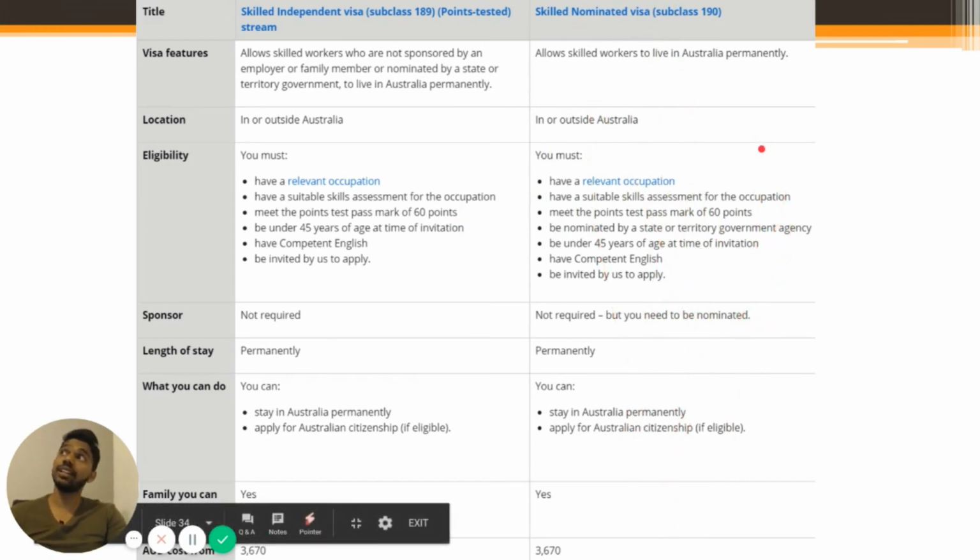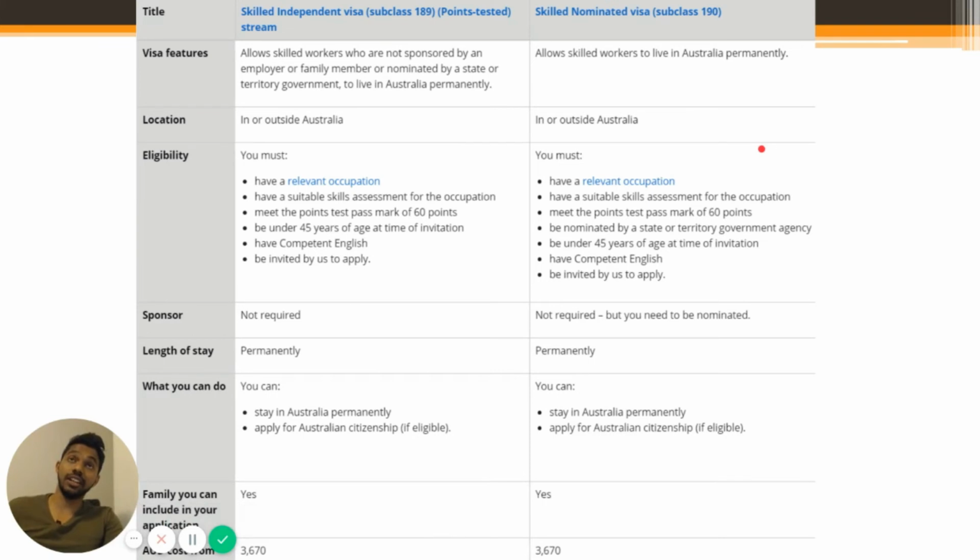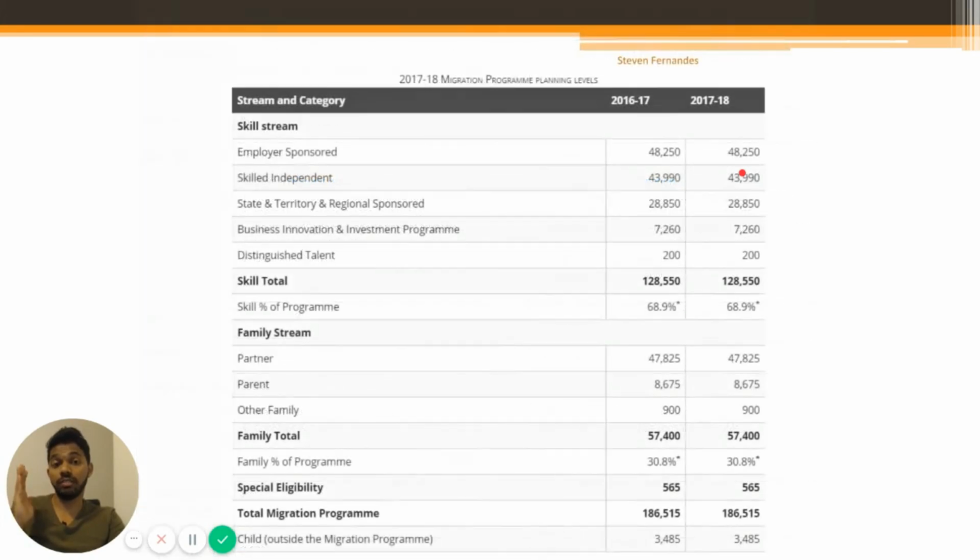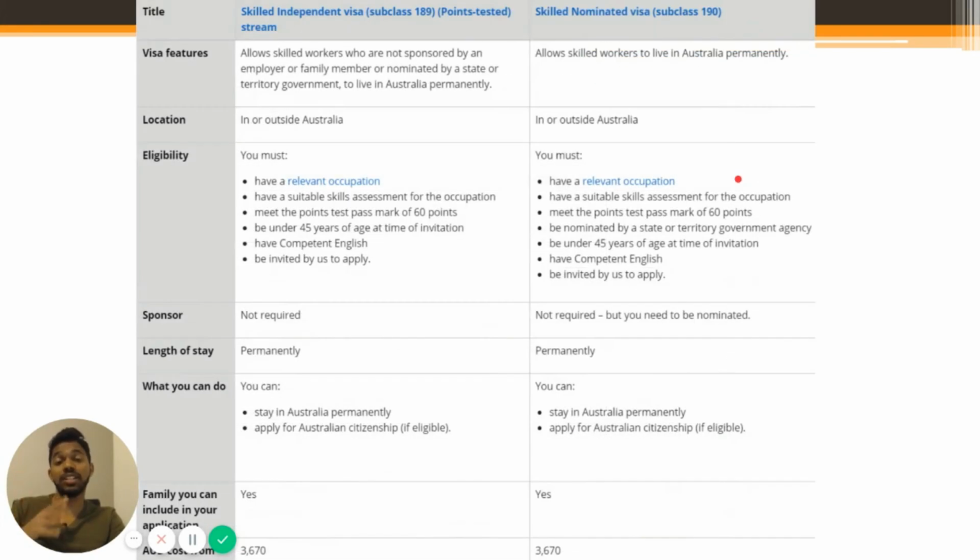So you need to get a state within Australia, such as New South Wales, Victoria, Northern Territory, to sponsor your application, or to basically say that we want this person to work within our state. For example, I applied under the 190 visa. It gives you 5 points more if you get a state sponsorship